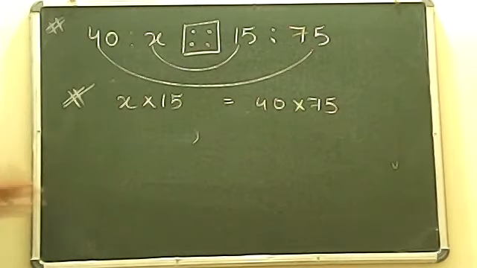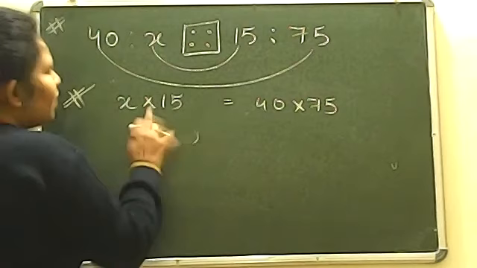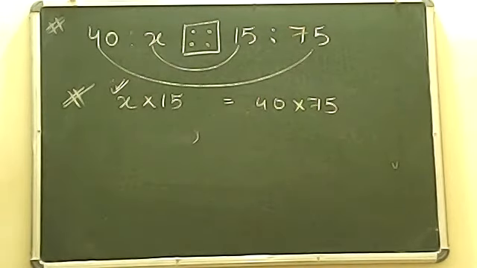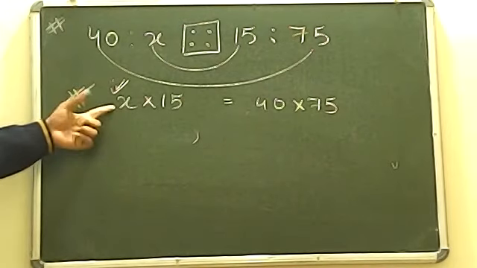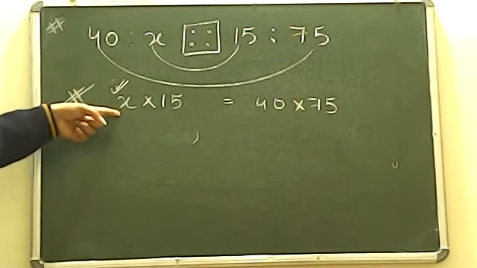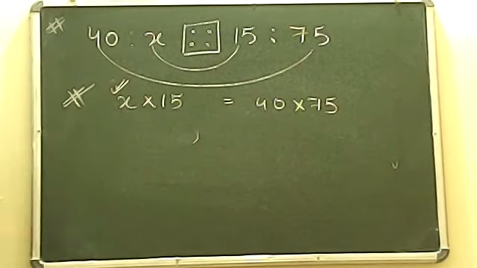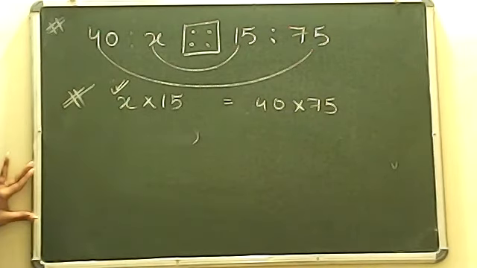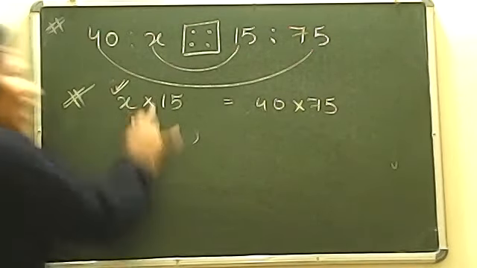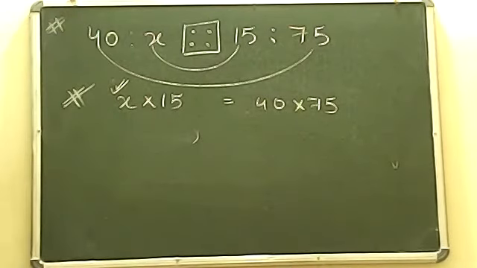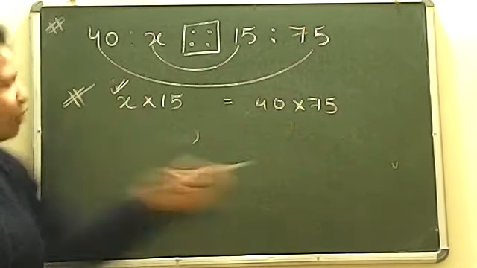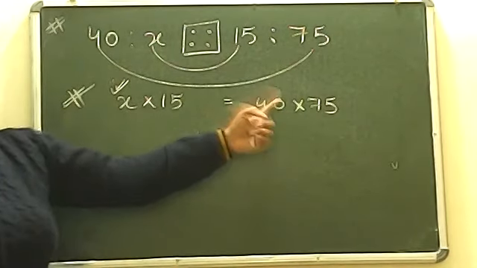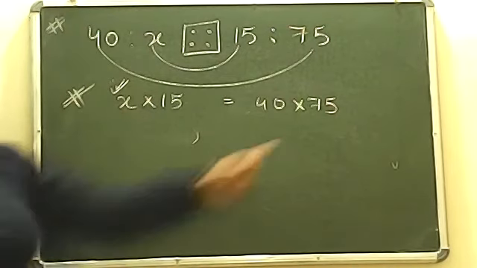ठीक है? So the process will become very simple. How you have to find out the value of this x, ये मैं आपको algebra में पढ़ाऊंगी. I'll teach you in algebra chapter that how to find out the value of x if you have the equation like this. But right now I am just telling you, if you have to find out the value of x और x के साथ अगर कोई भी चीज लिखी हुई हो in the form of multiplication, आपको उस साइड भेजना होता है, then it will go in division. If it is in division, it will go that side in multiplication. If it is in addition, it will go that side in subtraction, and if it is in subtraction, it will go that side in addition.